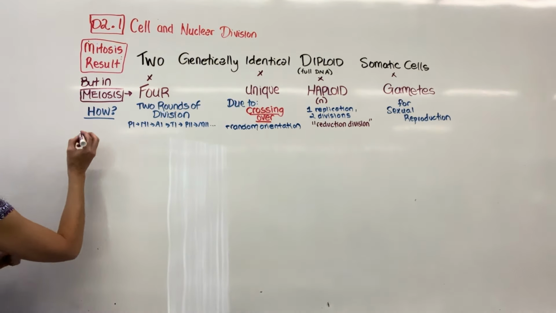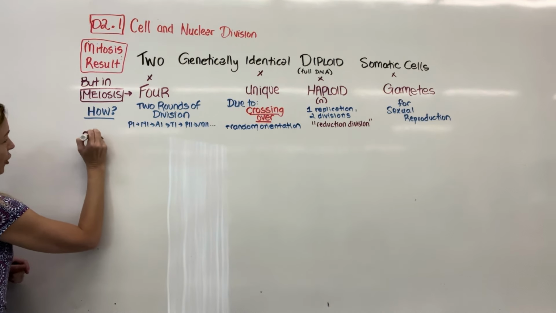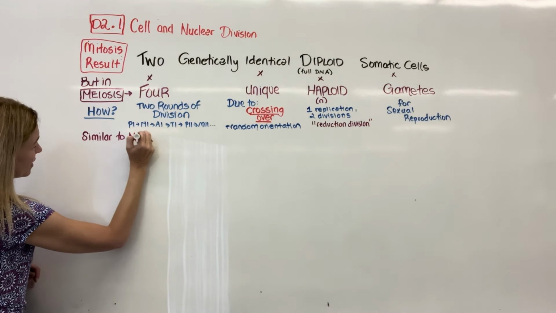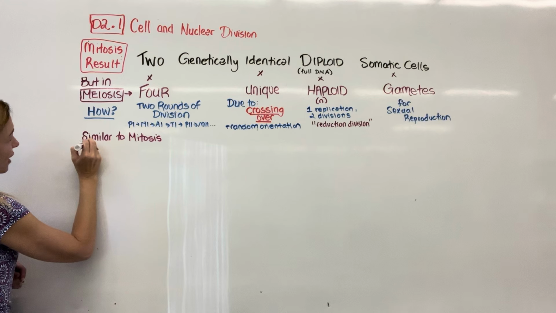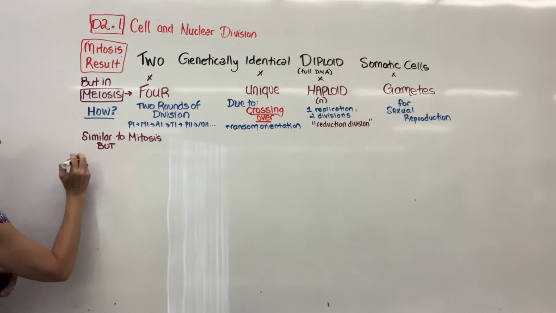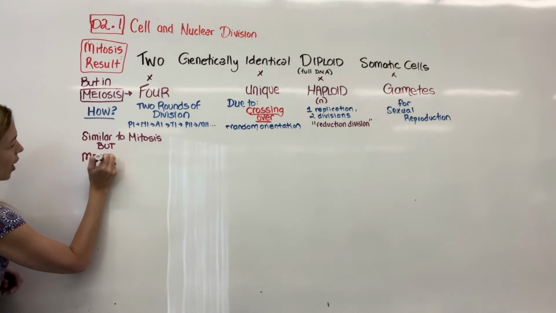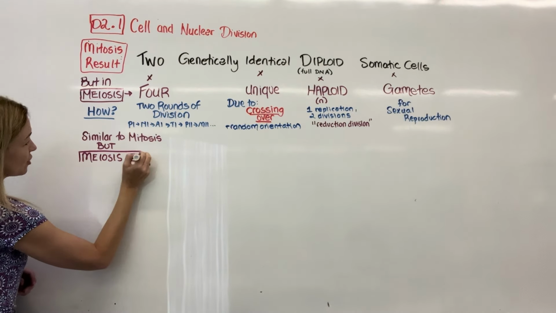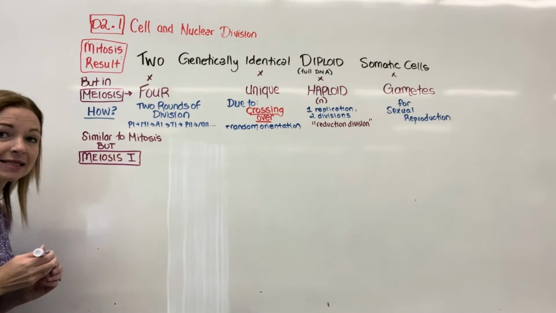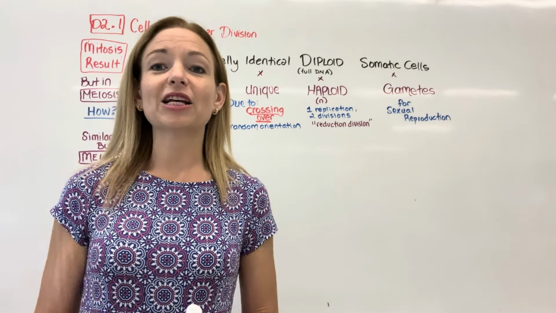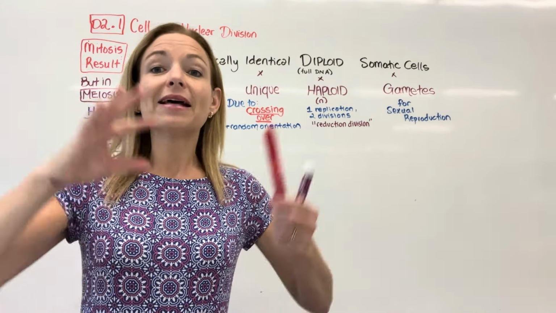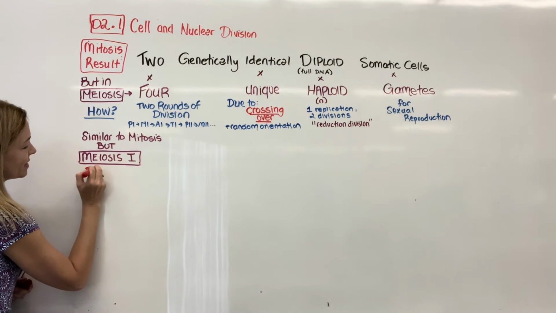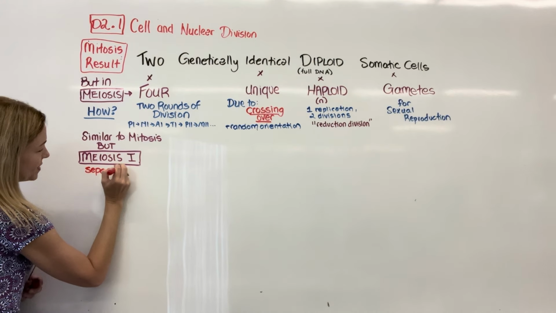Okay, so when we get to this, we're going to make a note that it is similar to mitosis, but we are going to clarify that there are the 2 rounds. But meiosis 1, and this is really the difference, because in mitosis, all we separate is sister chromatids, but meiosis 1 is actually going to be the gathering and separating of homologous chromosomes. So meiosis 1 separates homologous chromosomes.